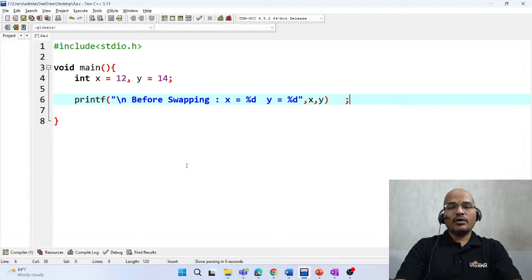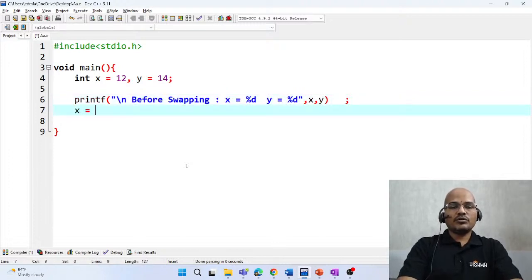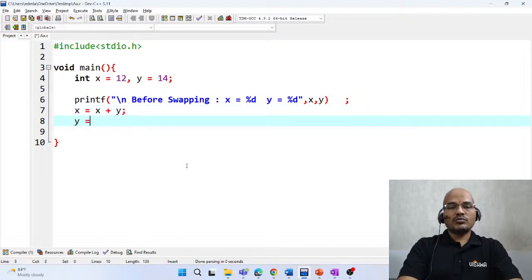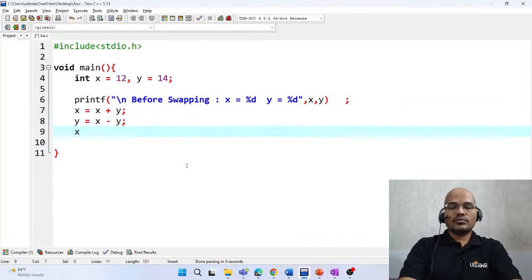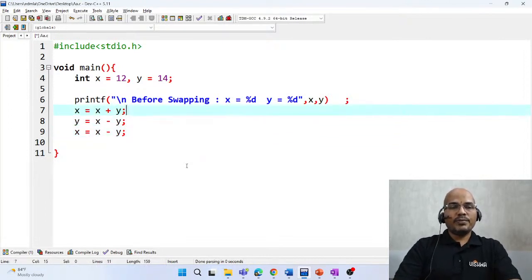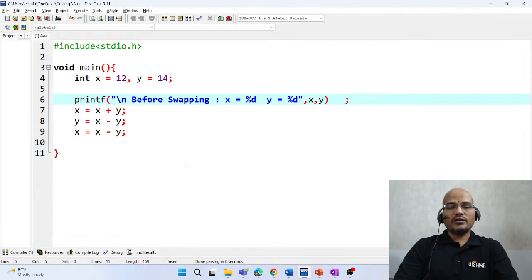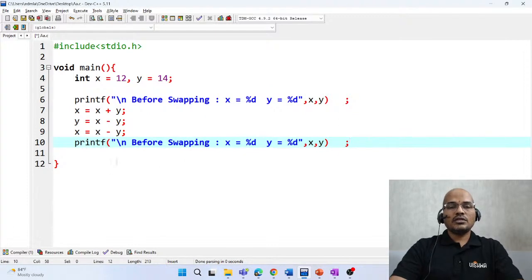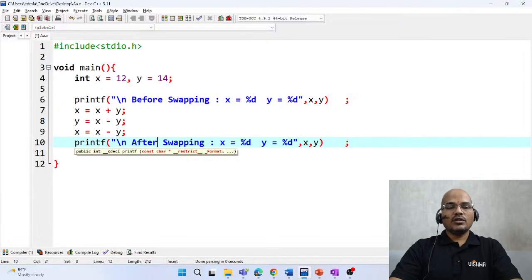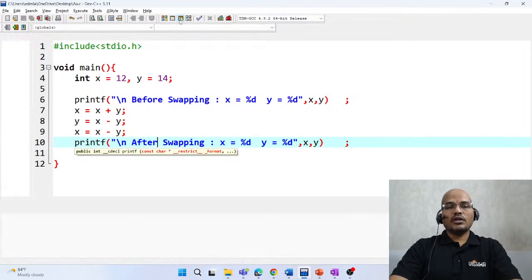And if you come down here, now the logic would be x equals x plus y, and I say y equals x minus y, my bad, x minus y, and I say x equals x minus y. And now let me print this story again. Now this is the logic of after swapping. This is after swapping. So if I run the code and show you the output,